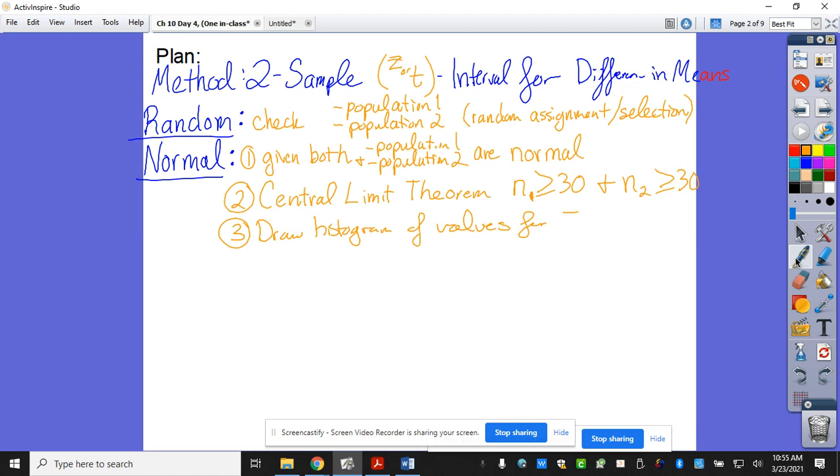If they were my populations, then it would be giving me that they're normal. So it's technically sample 1 and sample 2. But if it makes more sense to you to keep it consistent and write population 1 and population 2, I totally get that. But we don't have the histogram of the entire population, so I'd rather not write it that way. And then you check for